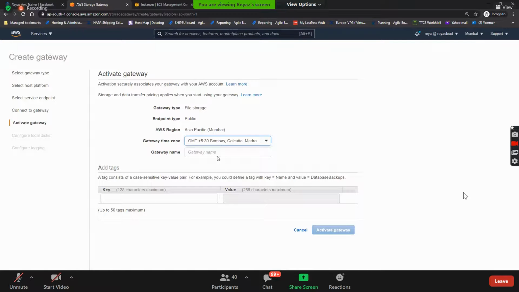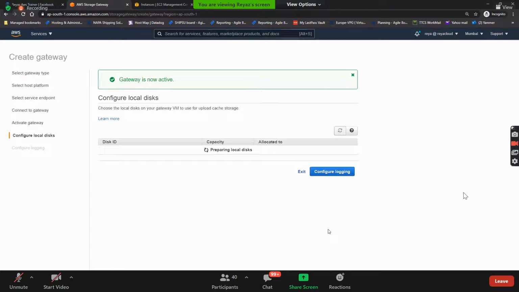So I select gateway name. I call it my file gateway, something you give. Activate. See, now my gateway is active, and it is checking for the cache, local disk. How much size have we given for the cache? 100, right?